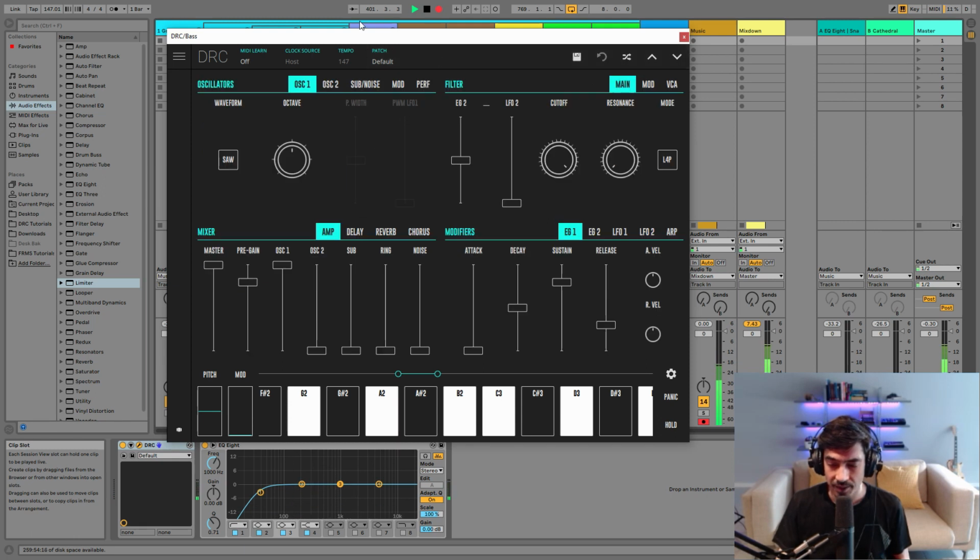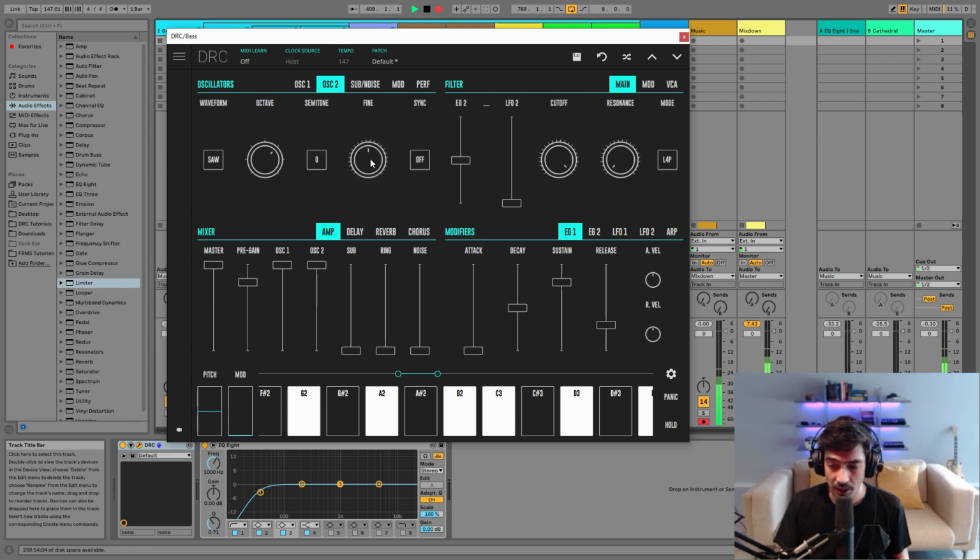And now on first oscillator, raise 1 octave. Now raise second oscillator to maximum and change the fine tuning to 192. Like this, and now master at 517,